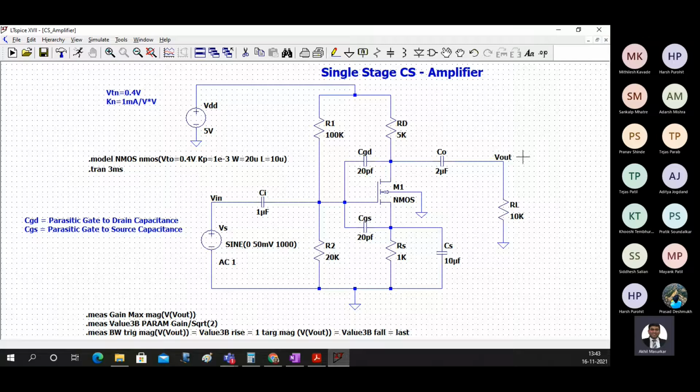Name here Vin and Vout. RL should be 10 kilos. Ensure that the body is grounded and RS is bypassed. You can observe that CGD and CGS values are very small. They are like 1 million times smaller than Ci and C0. Ci and C0 are in microfarads, but CGD and CGS are in picofarads. So they are 1 million times smaller. They generally affect the high frequency response, but anyways, let's see this.